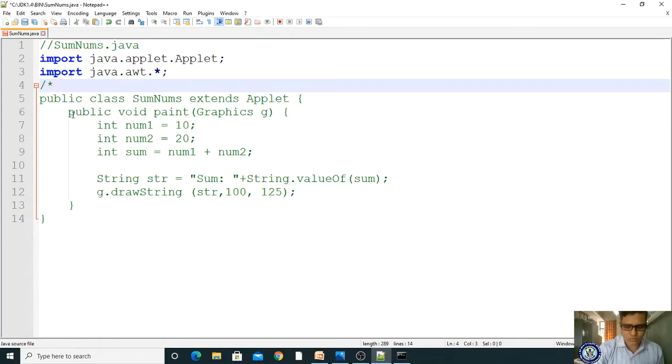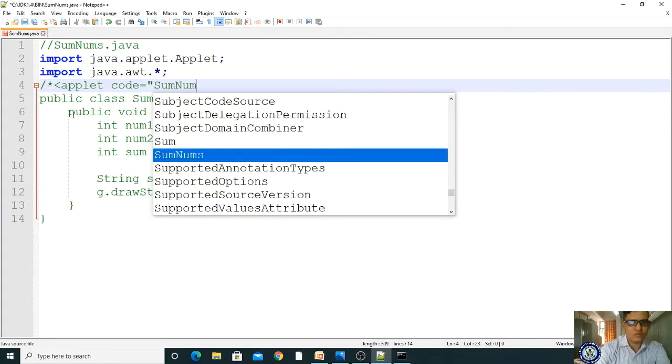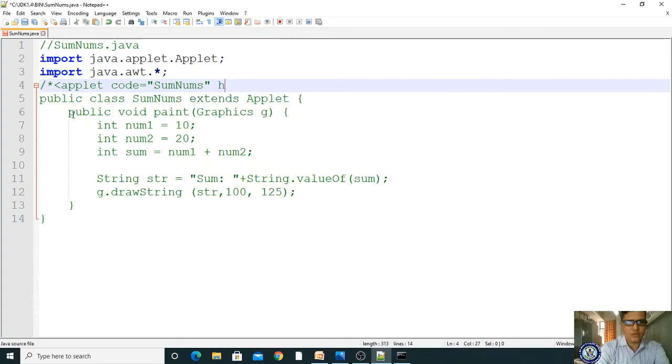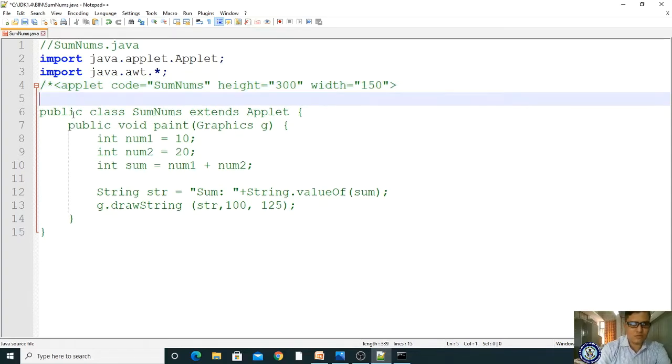So we have to use the applet tag followed by the code. In the code, SumNums, and you can specify height is equal to 300 and width is equal to 150. So you are specifying the browser height and width, and you are closing the applet tag.